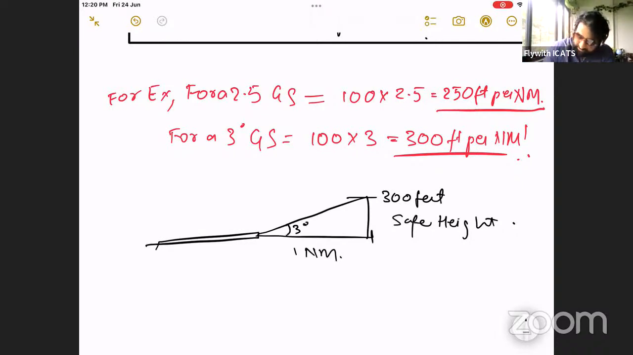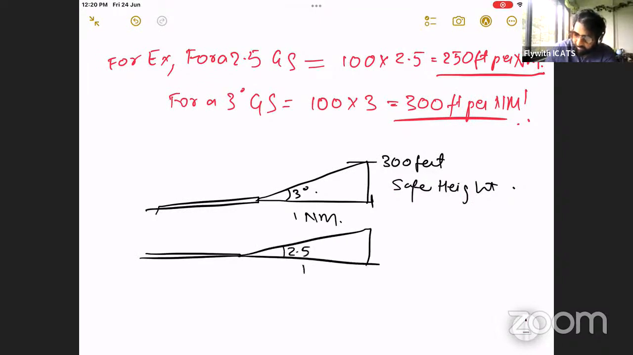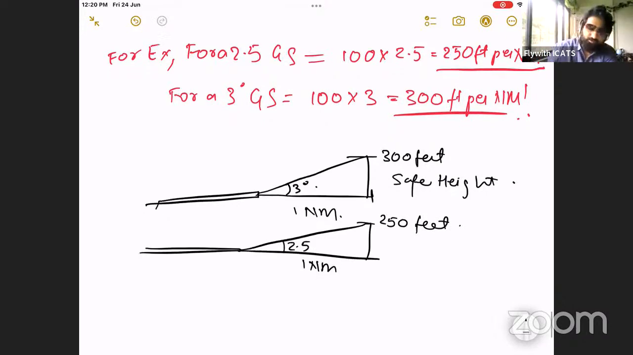If your glide slope is 3 degrees, then this is 3. If the distance is 1 nautical mile, remember. So such quick answers can also be made. If your glide slope is 2.5 and if this is 1 nautical mile, then your safe height would be 250 feet. Are you following this point, students? Your safe height could also be found out. So now please find out